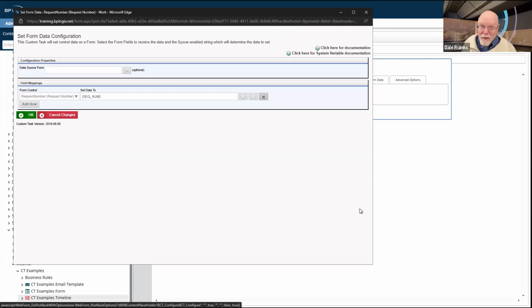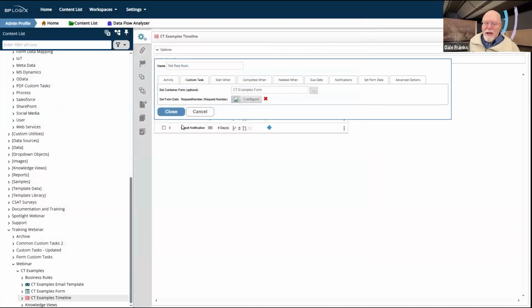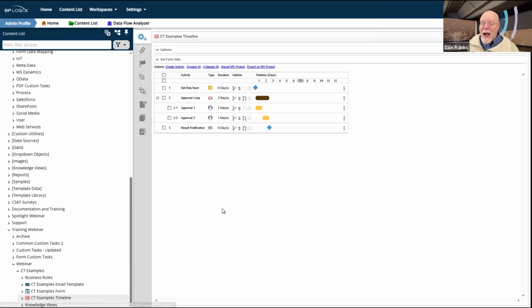So I can't put this on the form. It really does need to go into the process itself. Another good reason for putting things inside the process itself is if I don't want the user to see it happening. And so therefore I want to sort of hide it inside the process itself.